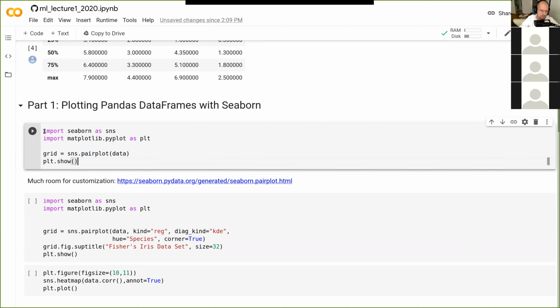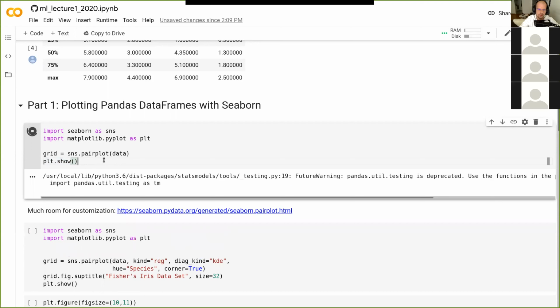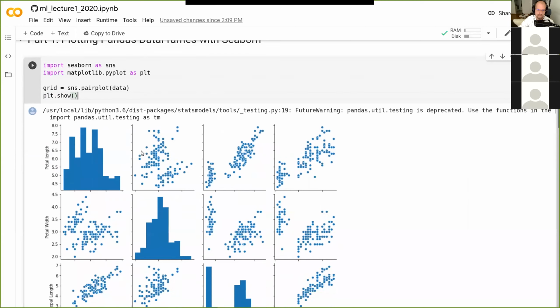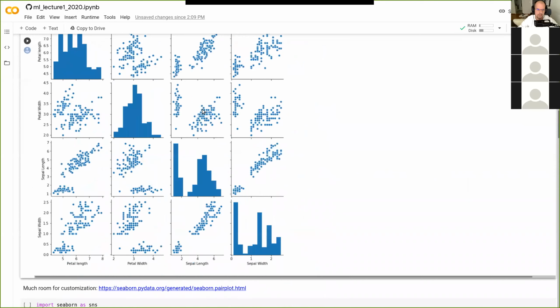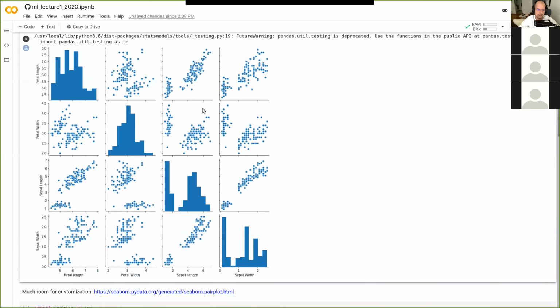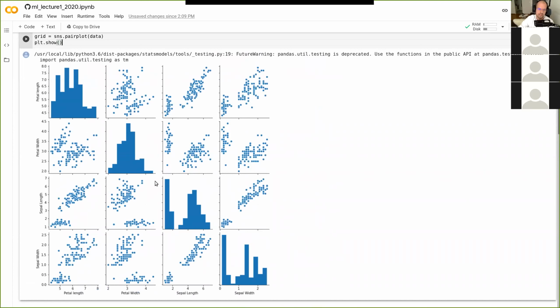Let's just run this. So what I'm doing here is I import Seaborn, and I call it SNS for short. And then I import matplotlib.pyplot, and I call it PLT for short. And then this is a command to do a pair plot. And then here, this is the plot for showing something. So let's just run this, and hopefully this cell will finish. And it produces a very advanced plot. This would take a long time. Let me just zoom out a little bit so everything can fit on the screen here. Yeah. So this would take a very long time to program in Matplotlib yourself.